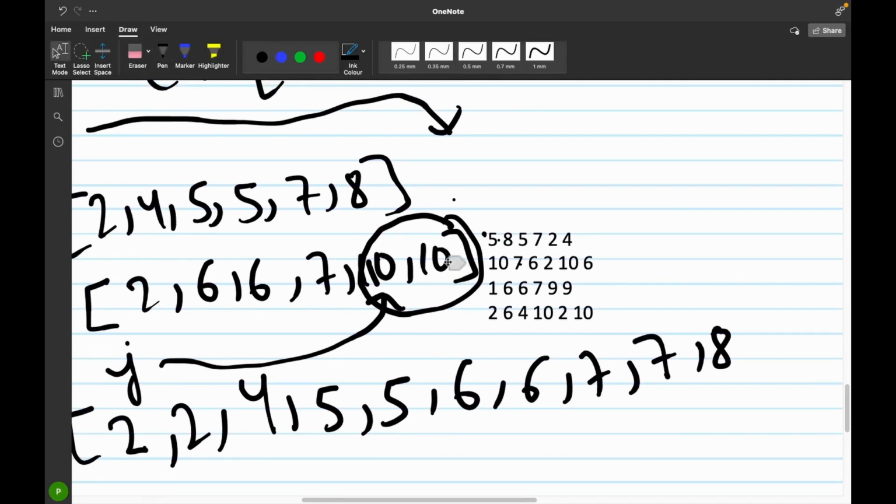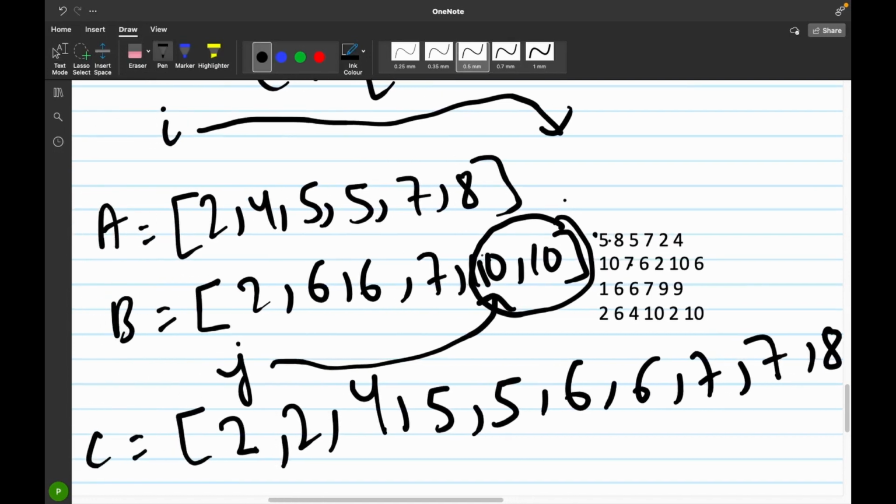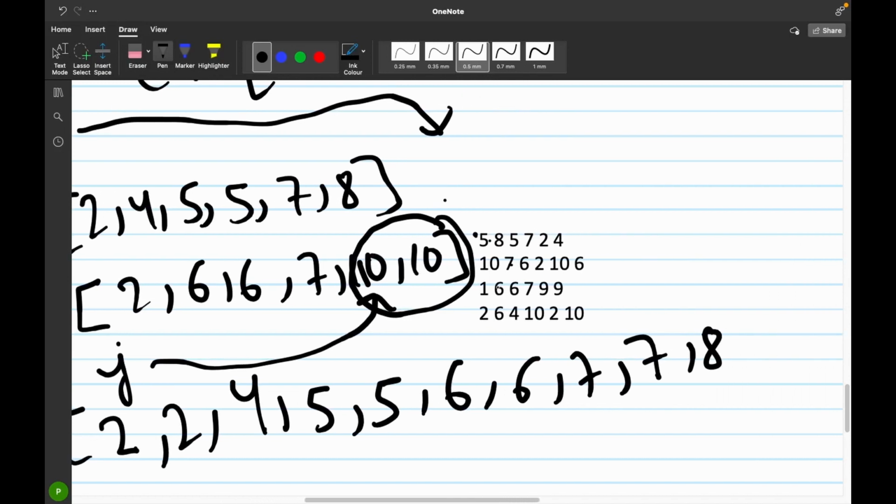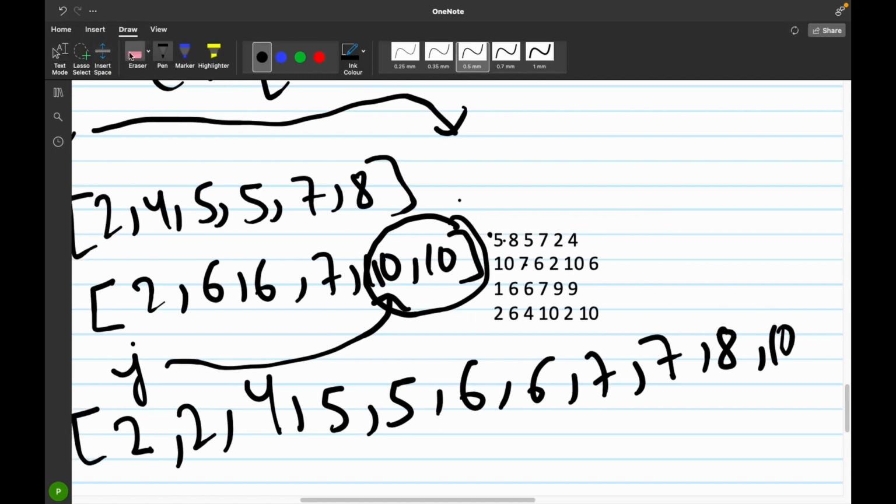One of the arrays would still have uncovered elements. So to cover those elements, to have those elements in C, you would run a loop until either I or J traverses their array completely. So we would make J traverse its array completely from the point it has been left out and store the elements in their order. Let's say J was at 10, so we would move forward J to the next 10. We would first store